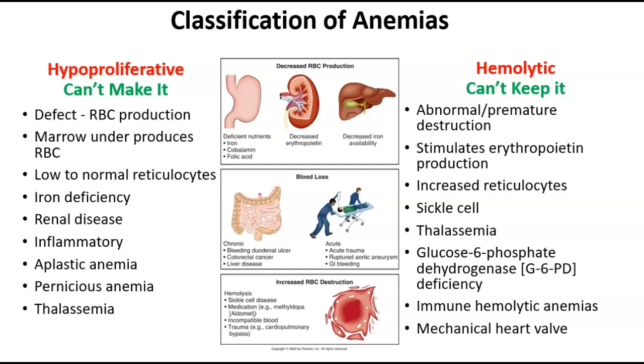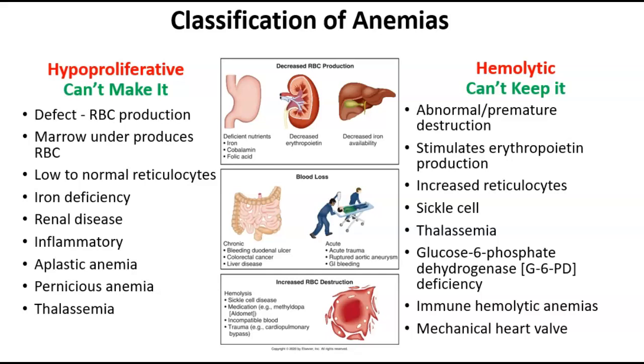Then you're hemolytic, which is when you can't keep your cells, so that's when your cells are being hemolyzed. Now, it could be coming from something in the body itself, like thalassemia or sickle cells, where the body destroys those cells, or it could be something mechanical, like a mechanical heart valve. As they start to wear out, especially, they become very hard on the red blood cells and they can chomp them right up. People on dialysis can have hemolytic anemia as well because of the blood going through the tubes,